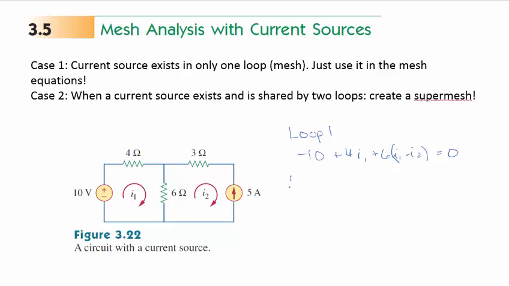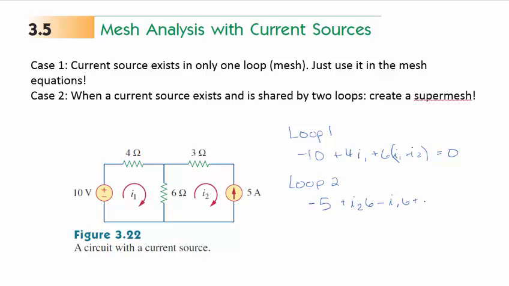And for loop 2 we have minus 5, because we're going in the wrong direction, minus 5 plus i2 times 6 minus i1 times 6